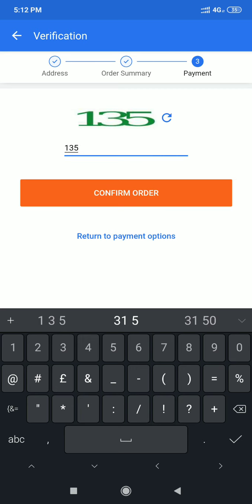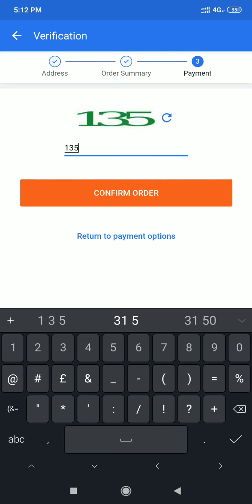I don't want to do this order, but I am only showing you how to do an order on Flipkart. Then you go to confirm order. After clicking on confirm order, the confirm order option will come. You click the confirm order option.